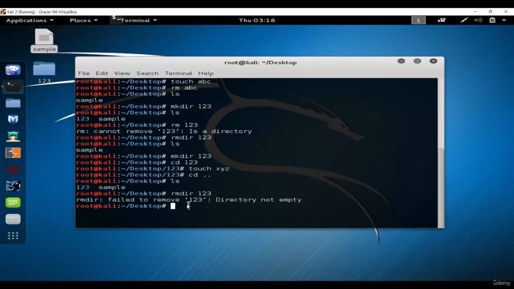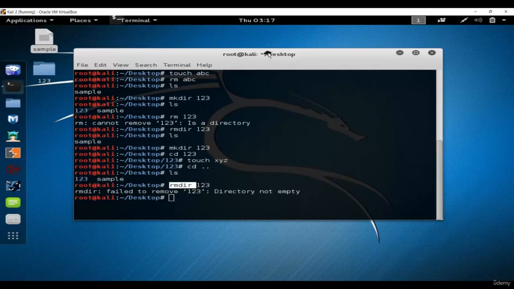Okay, so suppose the rm command is not working and the rmdir command is also not working. Okay, you have tried to delete files and folders but you failed. So in that case you can use an all-rounder command, which is rm space -rf.